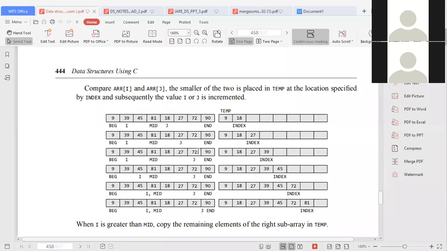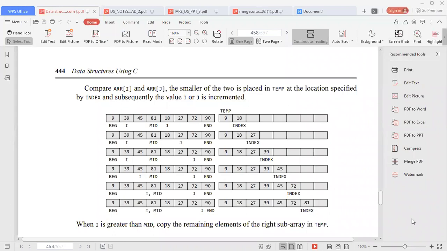Is this clear? Roll number 81? 91, sir. 91. Who is 81? Tanuja, sir. Yes, sir. Did you understand up to now? Yes. How we are moving the pointers I and J, how we are changing the positions, and how we are shifting the elements to the sorted array, that is A. Did you understand how I change this J position? Yes, sir. Should I repeat the explanation? No, sir.